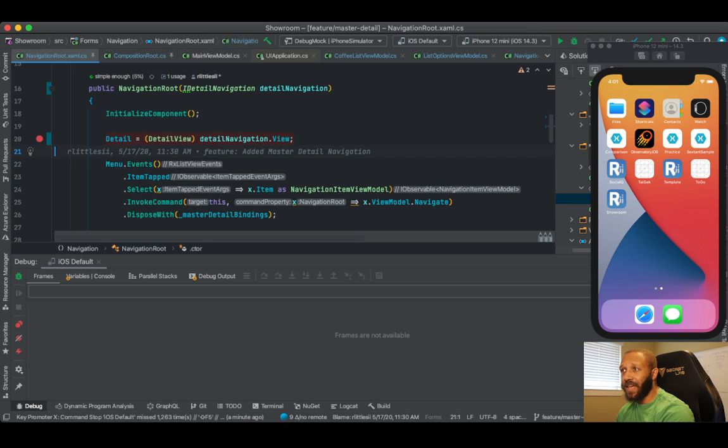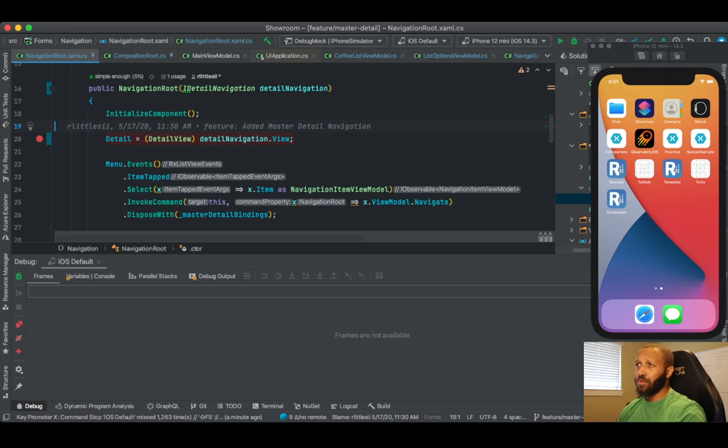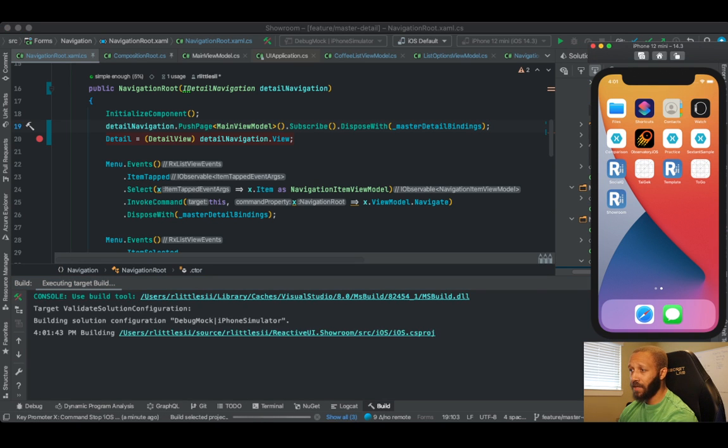We have to have the detail navigate to something. Well, this is how that's going to happen. We're going to do detail navigation dot push page main view model dot subscribe dot dispose with underscore master detail bindings. Yeah, all right, great, whatever. And hopefully, if I am